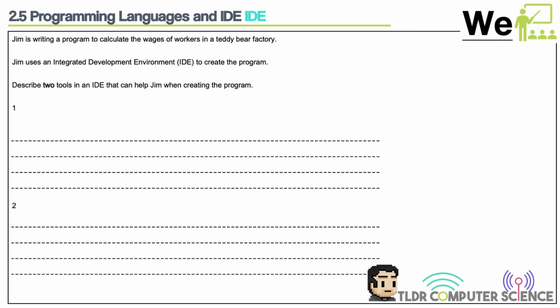So let's look at our problem. Jim is writing a program to calculate the wages of workers in a teddy bear factory. Jim uses an integrated development environment to create this program. Describe two tools in the IDE that help Jim when creating the program. One of the substantial things the IDE provides you is the ability to have an editor. This editor